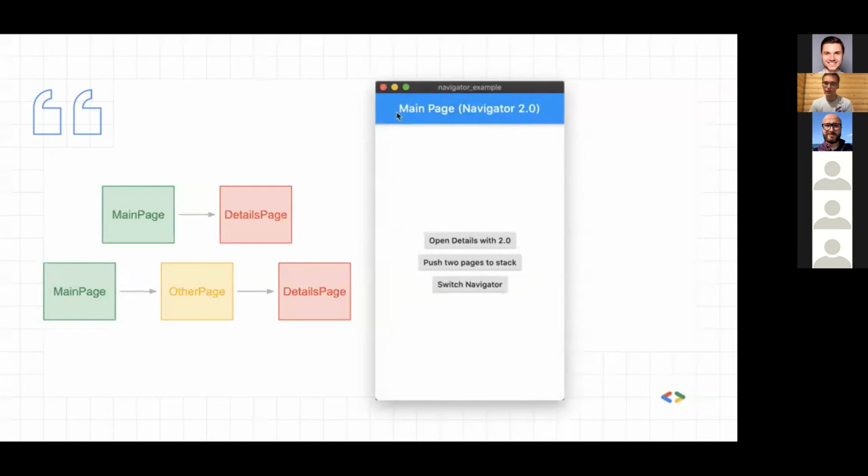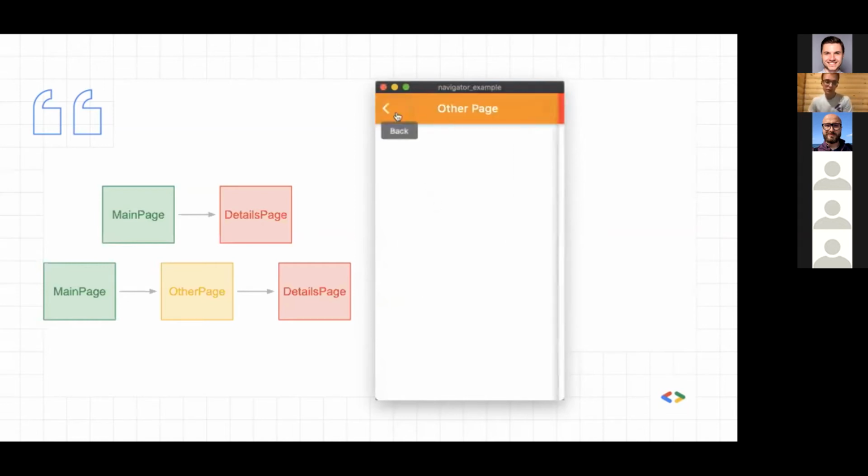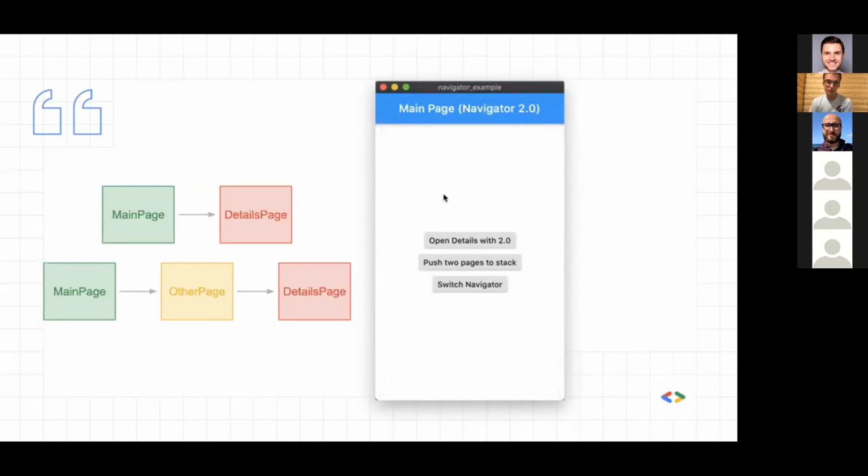So here is my main page. I open a new page, then that other page beneath, and as you can see, the other page is below. And again, let's open the details page with the other page beneath, and if I go back, the other page is back. So that's kind of a no-brainer to use if you need to, let's say, add some page. It works in many different ways, so you could replace some page, remove some page, and so on and so on. And we'll go through some examples later to see what are some edge cases that you need to be aware of.